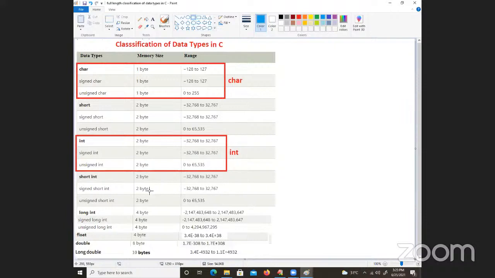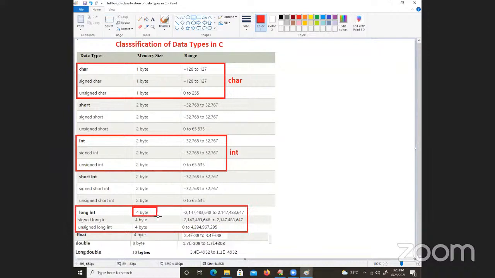How beautiful this is. Next, come to long. I took these as the major things; other things are not necessary. Now the next point is called long. It is also important for you. It is also called long int. Int is taking how many bytes? Generally, int takes 2 bytes. Long int will take how many bytes?